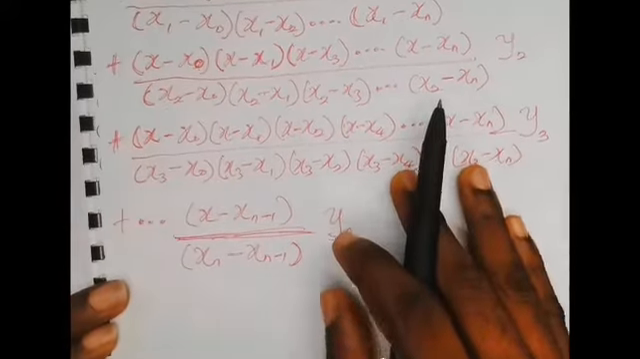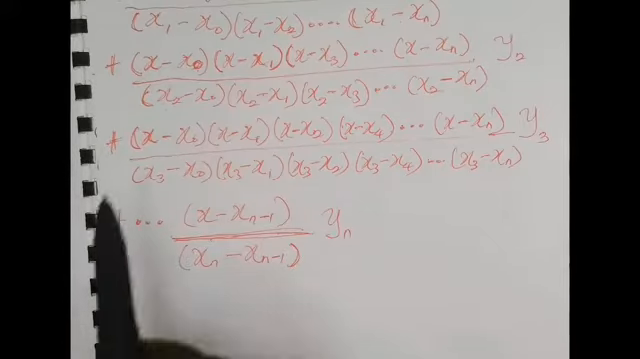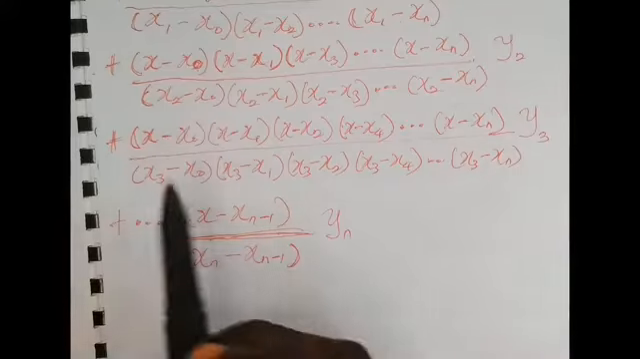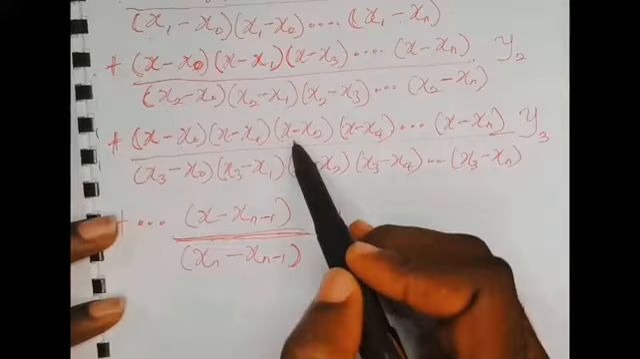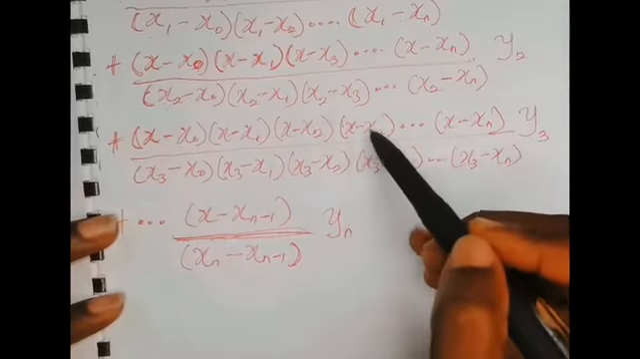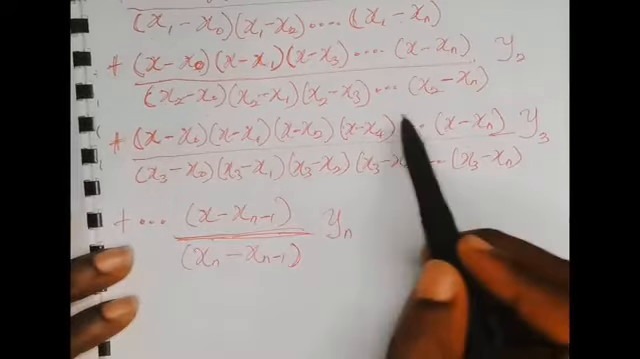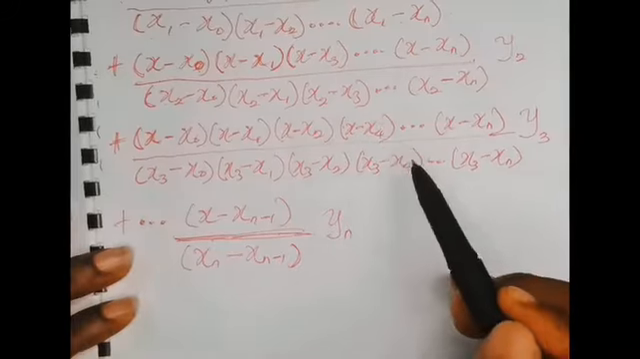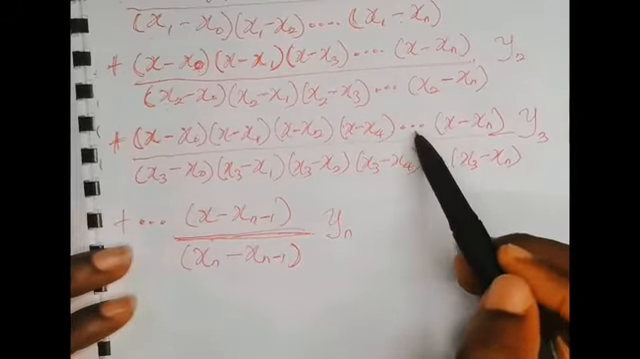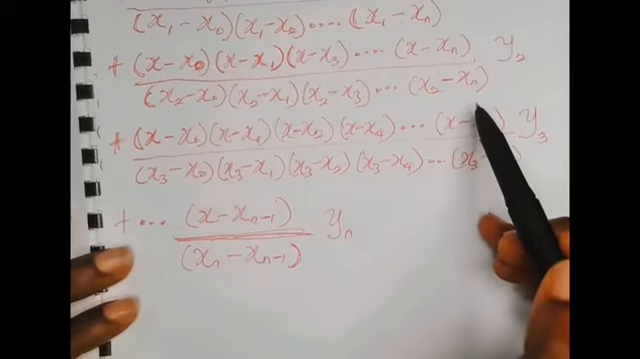Okay, it continues plus, now we are at column x3. Since we are at column x3, we simply skip x3 at the numerator. It becomes x minus x naught times x minus x1 times x minus x2 times x minus x4. So we've skipped x3 because we are at column x3, so we don't repeat x3 at the numerator. Okay, now it continues like that up to x minus xn, total number of x we have on the table,